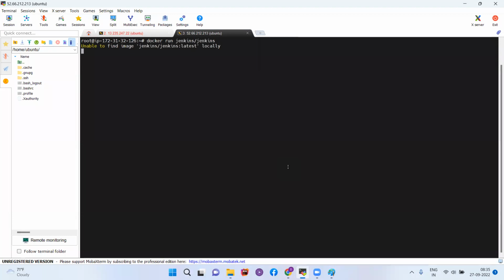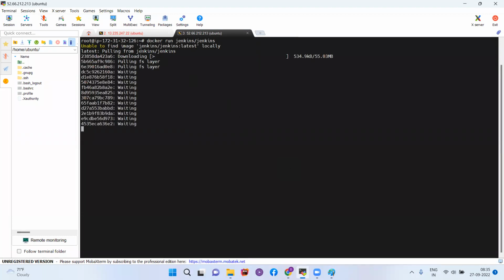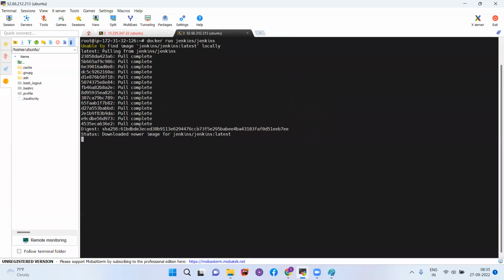If I run this, what is happening? Please observe. Unable to find image locally in my machine. It is unable to find it, so the command should fail. But what is happening? It is trying to pull the image from